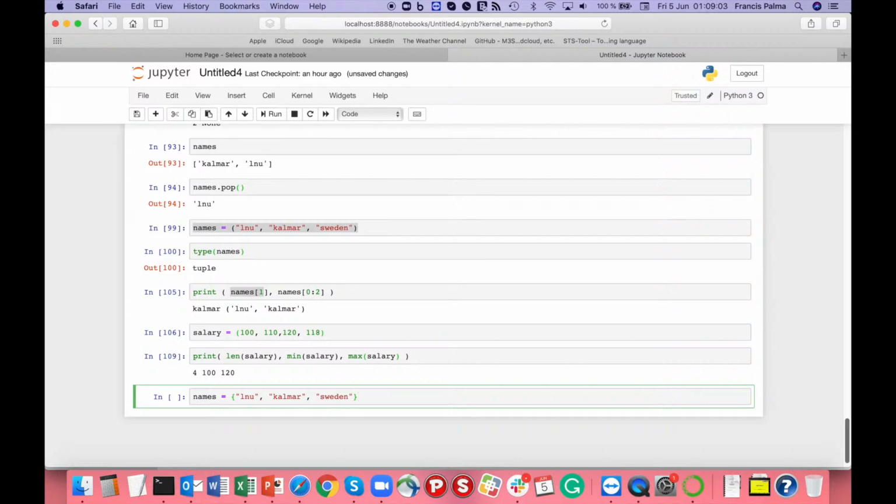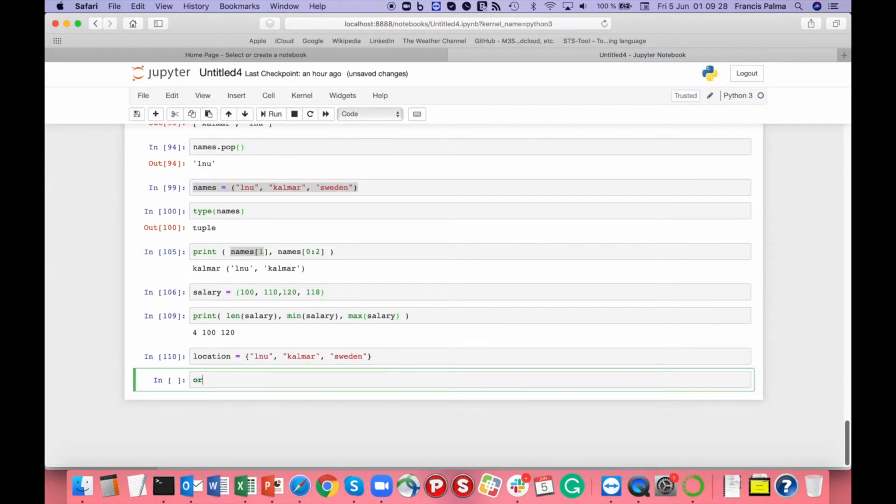There are multiple operations that you can perform on sets, including union, intersection, difference, and symmetric difference. We can show some of the examples. So if we have, for example, let's say this location variable, and then we can also have this order variable, and let's say we made an order for PyCom,